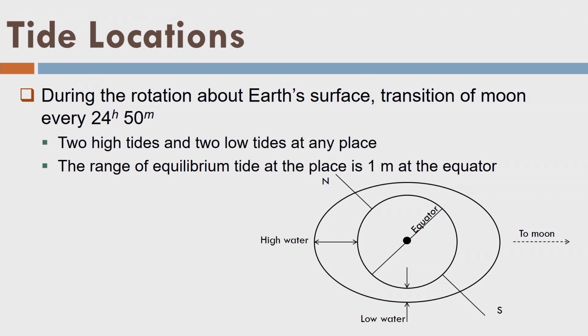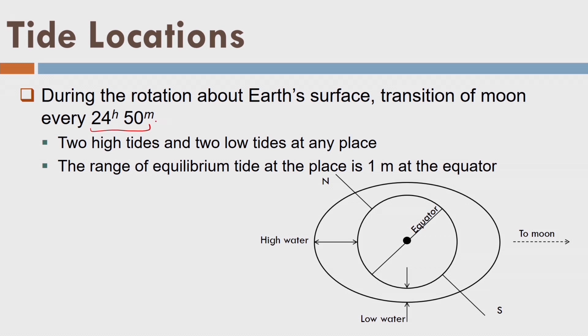The moon rotates on its own axis in 24 hours and 50 minutes, and this is the solar hours. We can say almost 5 hours. So, what happens? Let us assume that the moon is fixed and the earth is rotating like this. Because of the rotation of the earth, one place on the surface of earth will face the moon 2 times in a day, or I can say 2 times in this 24 hours and 50 minutes, because let us say there is 1 point here, 2 point here.